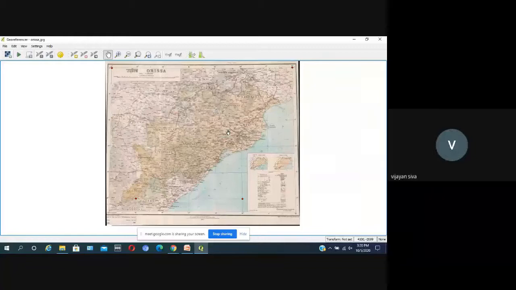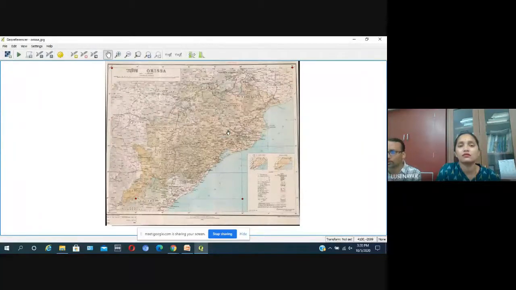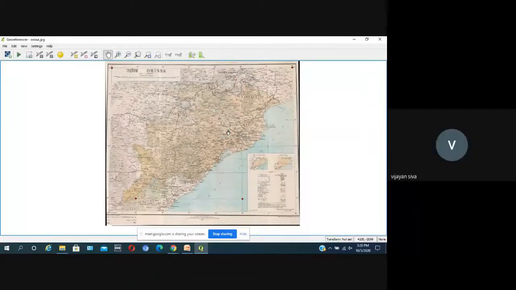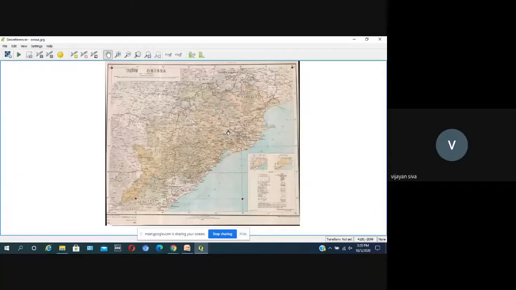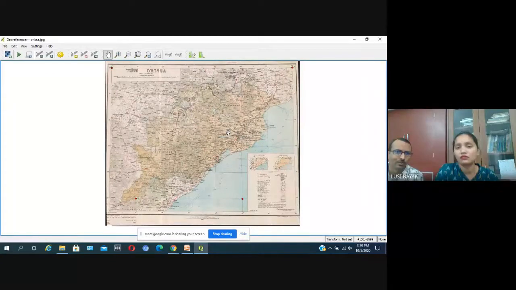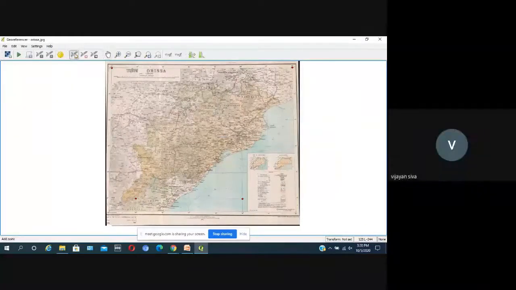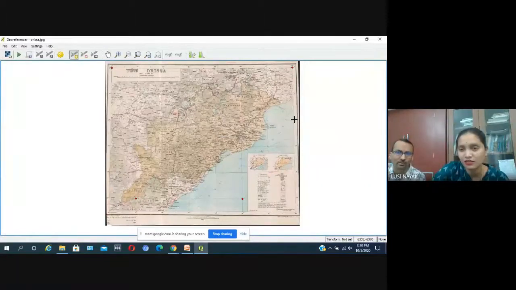Sir, sorry for the disturbance. If the network is slow or some problem is there, they can get it. Sorry for the disturbance. Sir, these 4 points are added. Sir, can you please post the map on the value for the point link so that we can see the error? Please put another point, 5th point. 1 minute, sir.